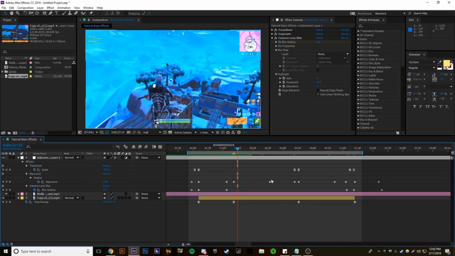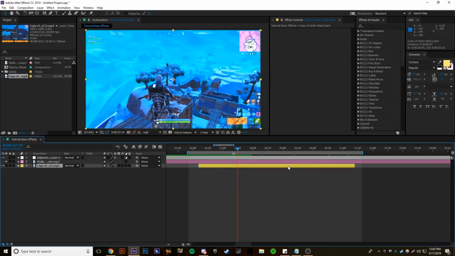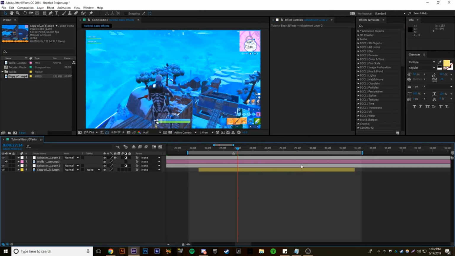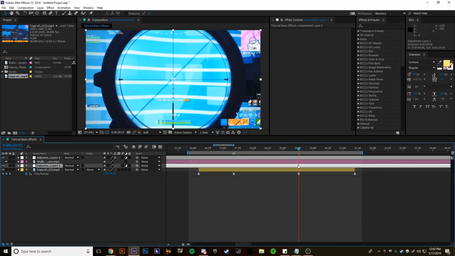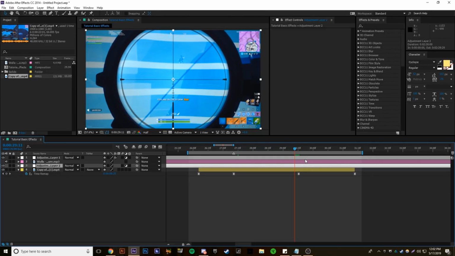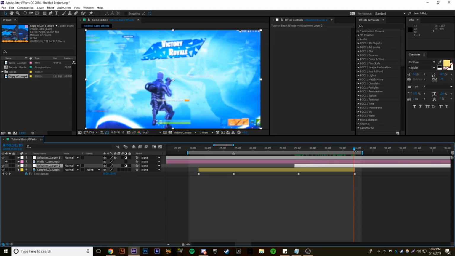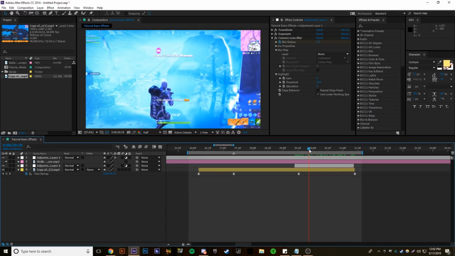Next effect, we're gonna add some glow for impact. So create a new adjustment layer the same way. So layer, new, and adjustment layer. And my bad. So basically you want to go, I'd say, 4 keyframes. I don't really have set values, I just do it as I go. So 4 keyframes before the shot, cut that, and then go to the end of the clip, cut that there, and then I'd add